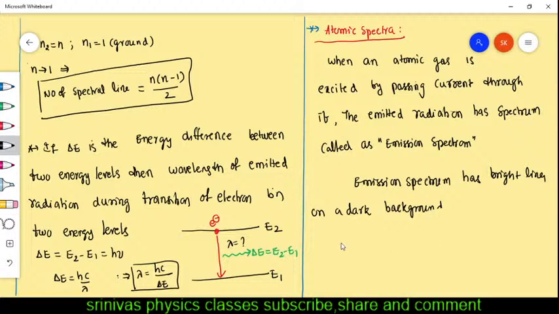Next, let us go for one more point: what is the absorption spectrum? What is the use of this spectra actually? Before going to the absorption spectra, we will write, when an electron jumps from,